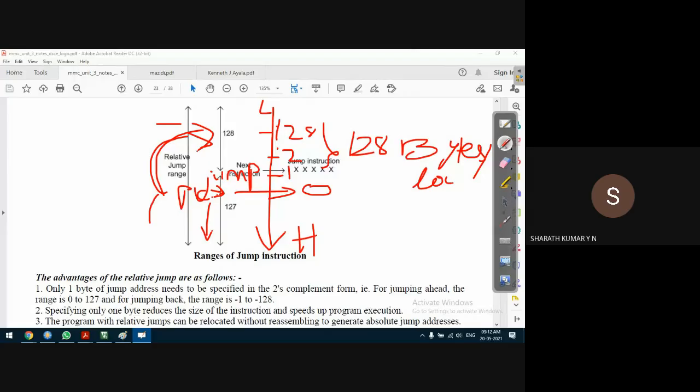If it is a forward jump, those are the instructions which are yet to be executed. If you consider that instruction, PC corresponds to 0. That is the reference, since the jump instruction is already covered, from 0 to 127. Of course, in total it is still 128, but we can understand that the jump instruction is already covered.